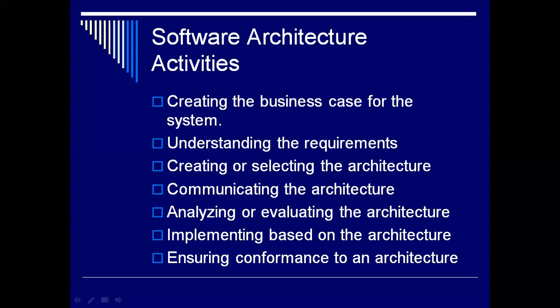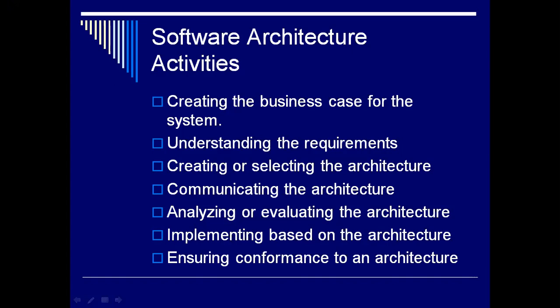The next one is communicating the architecture. Communicating the architecture means what? Once we finalize the architecture, you have to get that architecture approved by all your stakeholders. The system stakeholder is one component related to the architecture, as I told earlier. So after selecting or creating a particular architecture for a particular problem statement or requirement, it is discussed with or approved by the system stakeholders. That is nothing but communicating the architecture.